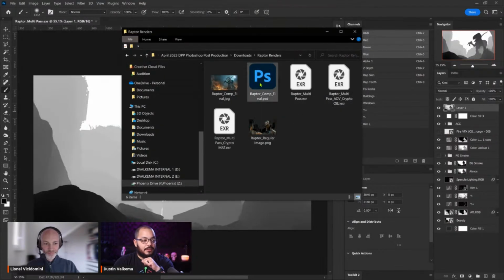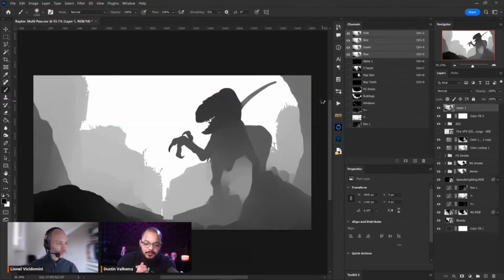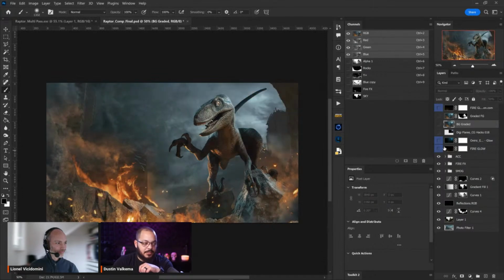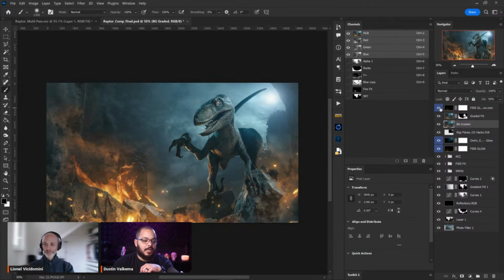So inside of your downloads, you're going to have the Raptor comp final. I knew that I was going to talk a lot and we wouldn't be able to get through everything to get it to this point today. So what I did is I went through and just built this out. This was for the hero image, but I left everything in here so that you could all see how it was built,